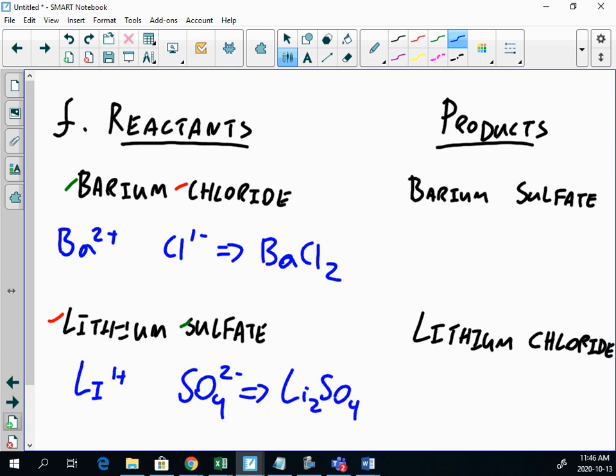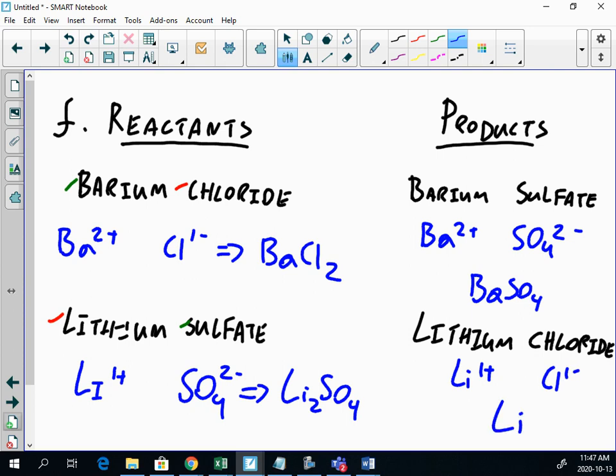Li2SO4. Then over here, barium has a charge of 2+. Sulfate has a charge of 2-. Those are instantly balanced against each other. So I just have BaSO4. Nice, no brackets. And then finally, lithium chloride. Lithium has a charge of 1+, chloride of 1-. Those are balanced, so I get LiCl. Whew. Okay, so having identified all of my reactants and all of my products, we can now go ahead and